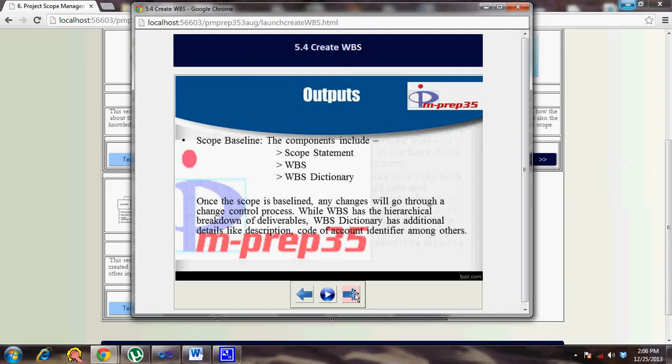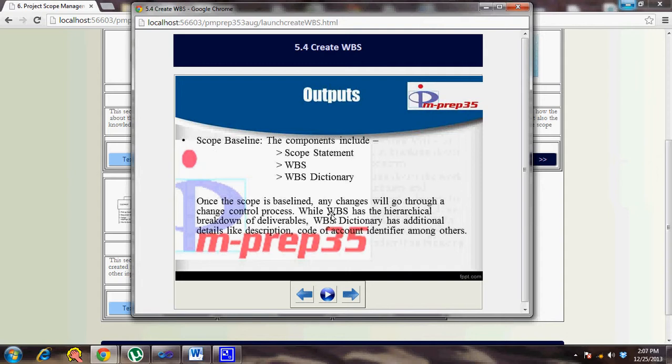WBS dictionary. Once the scope is baselined, any changes will go through a change control process. This is not for scope alone. Any baseline for that matter will go through the change control process. So change here means a change to the baseline, which has to be properly controlled in terms of going to an integrated change control board.